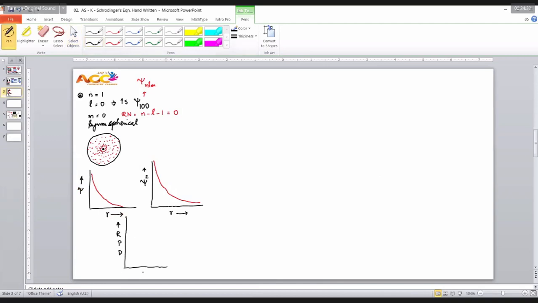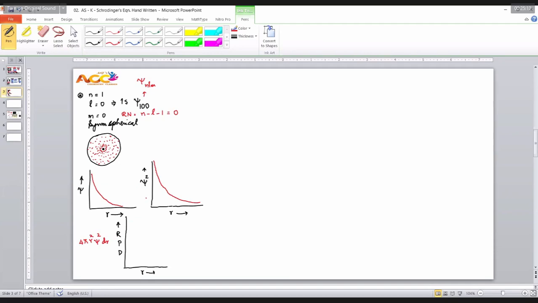If you are drawing this one, then what happens? What was that expression? 4 pi R square psi square dr. At R 0, RPD is 0. Okay, that you have to remember. These two are starting from the maximum value, but this is our 0 value because R is close to 0. Then as you increase the value of R, this expression also, mathematical treatment, increases. No, sir. As you increase the R, psi value decreases. See here, this is decreasing.